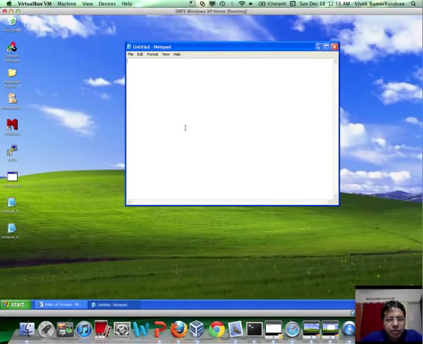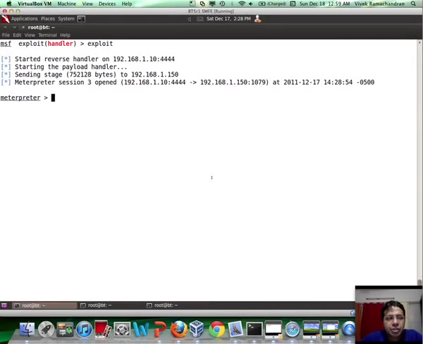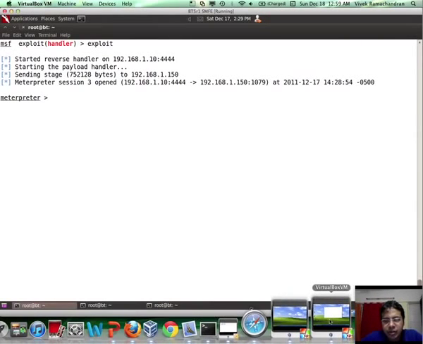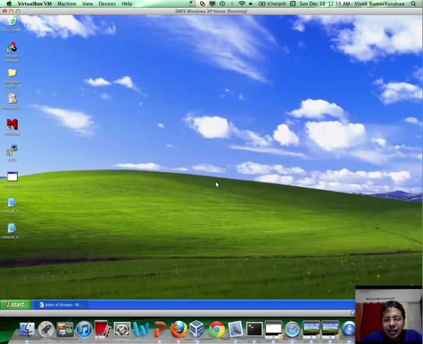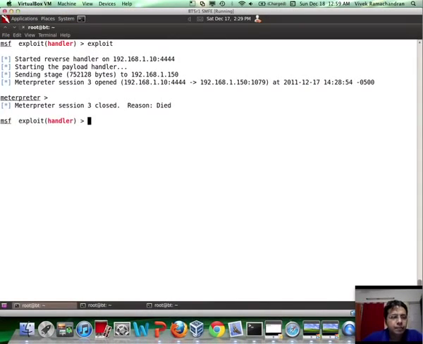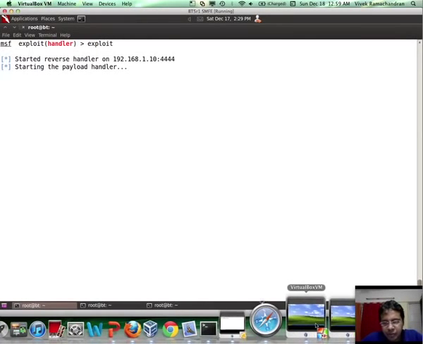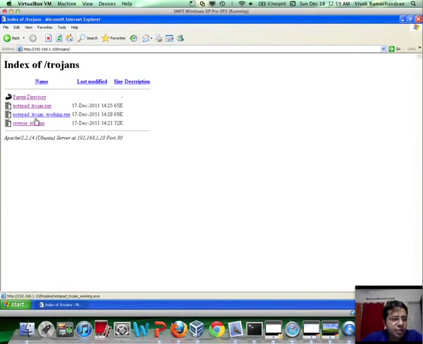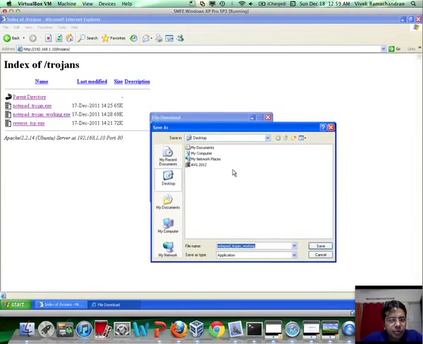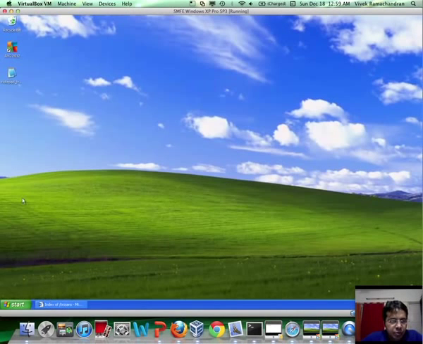Let's run this. And now if you notice, we got a Metasploit session, while this seems to be our normal notepad file, right? Everything looks okay. Now what I want to point out is this plain vanilla hack does not work properly in many cases, right? Especially when there is an antivirus present there. So let's move to the AV machine, refresh the page, download the working copy of this Trojan and see what happens. So now if I try running this,